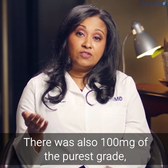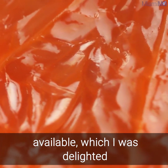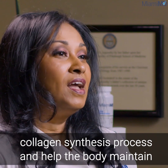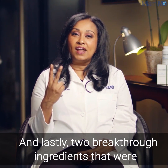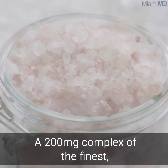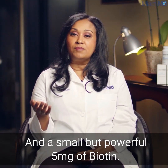There is also 100 milligrams of the purest grade, naturally sourced vitamin C available, which I was delighted to see, as it can accelerate collagen synthesis process and help the body maintain youthful skin. And lastly, 2 breakthrough ingredients that were added to supercharge everything. A 200 milligram complex of the finest natural skincare minerals on earth and a small but powerful 5 milligrams of